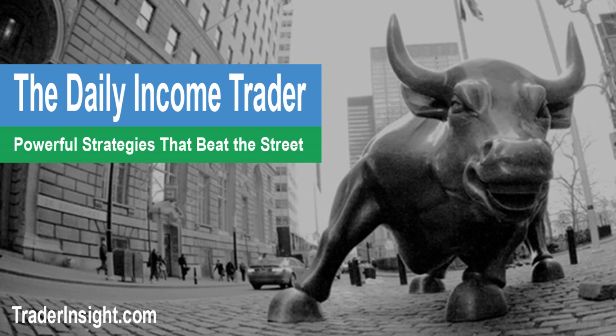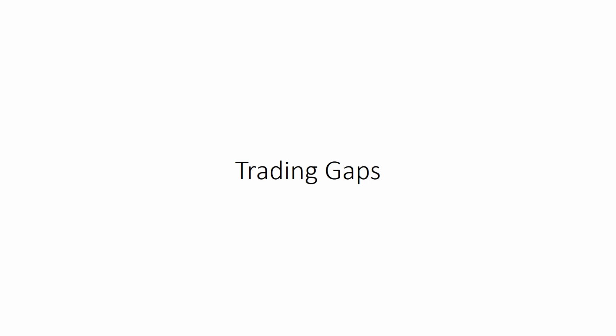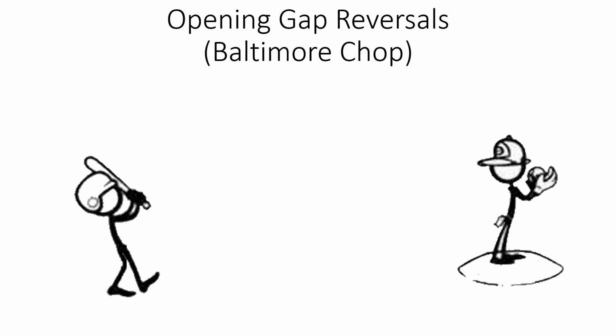Now let's get into what I am certain is going to be one of your favorite trading strategies ever once you wrap your head around it. I call this Baltimore chop. This is an opening gap trade that looks to use a statistical manipulation of what's going on with some market data to figure out when there's a very high probability of a reversion back into the trading range. Now, when we're trading gaps, I call the setup Baltimore chop, and the reason for this is going to become clear in just a little bit.